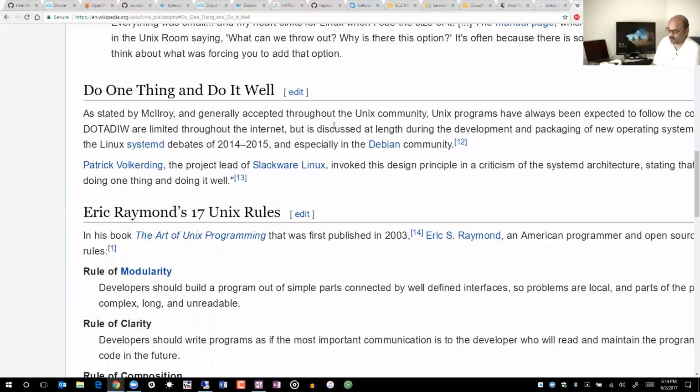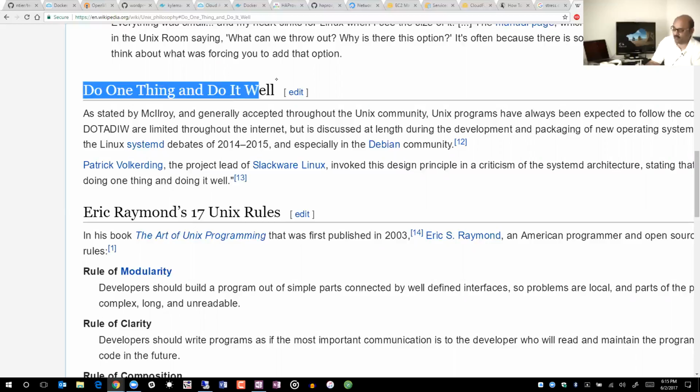The thing that I want to talk about is, again, repeating this one more time: do one thing, do it well. That's how you should think about every application, every service that you put together. This is the foundation of Linux. This is the foundation of Unix, by the way. This is the design philosophy of